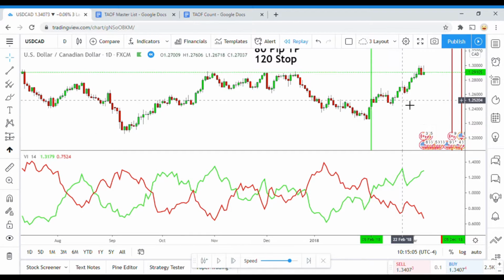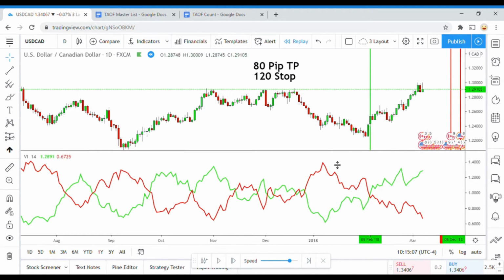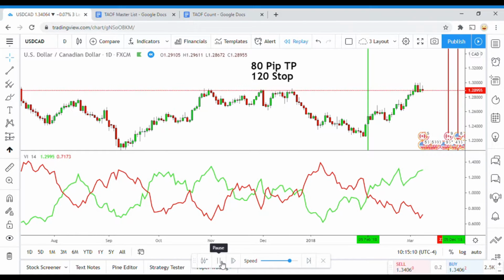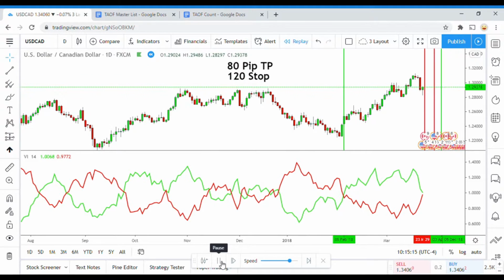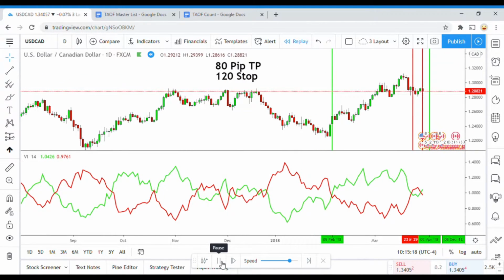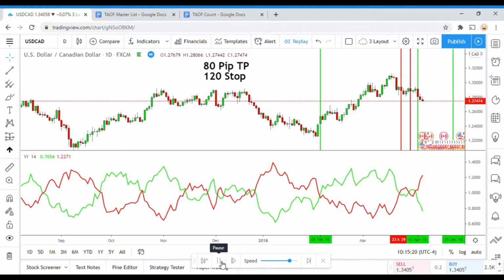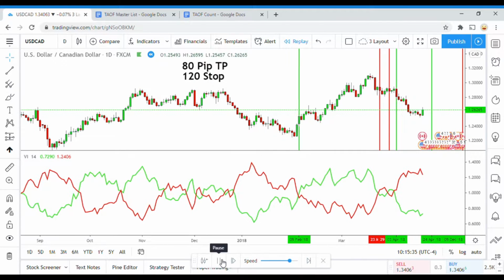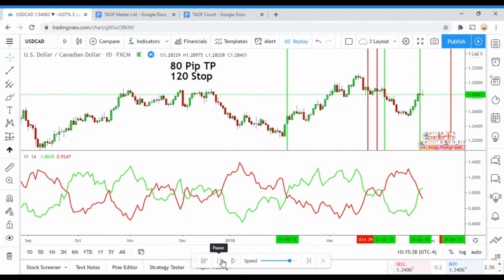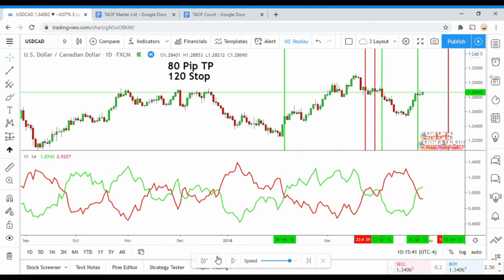And you can see that that was a really good trade that the Vortex pulled out right there. It definitely shot out of there and made a decent move. All right, the next couple of trade signals that we get here, we pick up a losing trade and then another losing trade, unfortunately, as it flip-flops back and forth here. And then we pick up another decent winning trade there. And we follow that up by another decent winning trade right there,